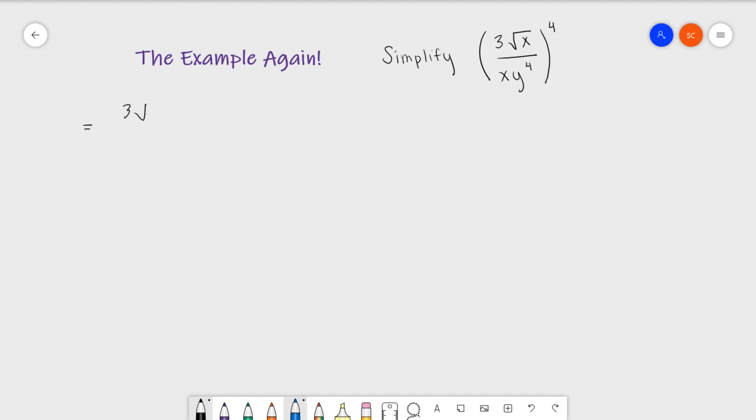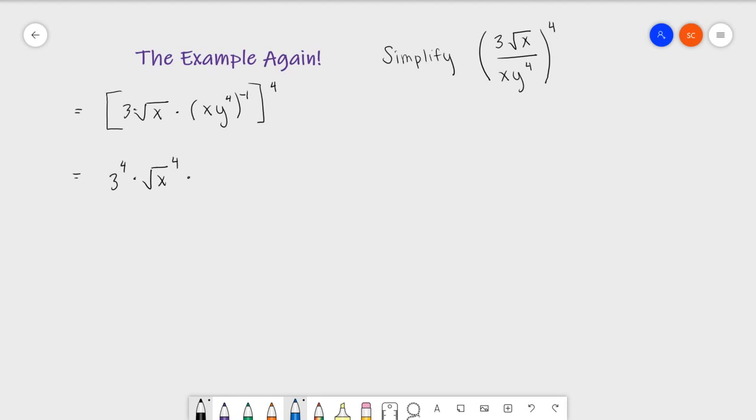So I have 3 square roots of x, and then I'm thinking about that denominator, which is xy to the fourth, but because it's in the denominator, I'm going to put a negative 1 on it. And then this whole thing is to the fourth power. So now what I'm going to do is send out that fourth power into all of these factors because I'm seeing multiplication everywhere. So I have 3 to the fourth, square root of x to the fourth,